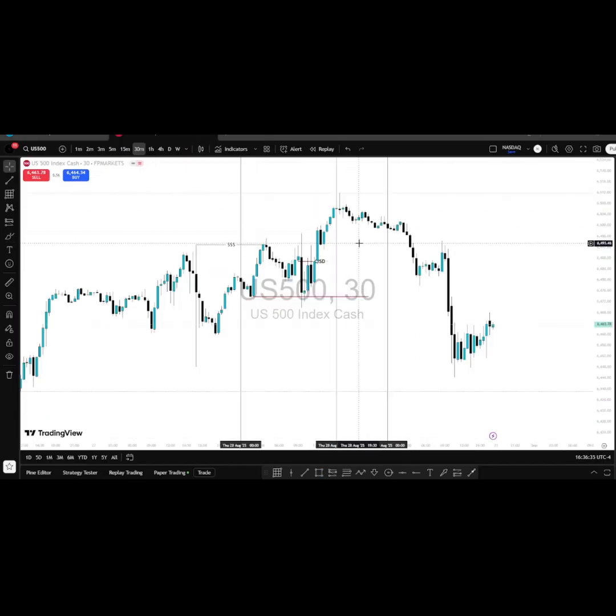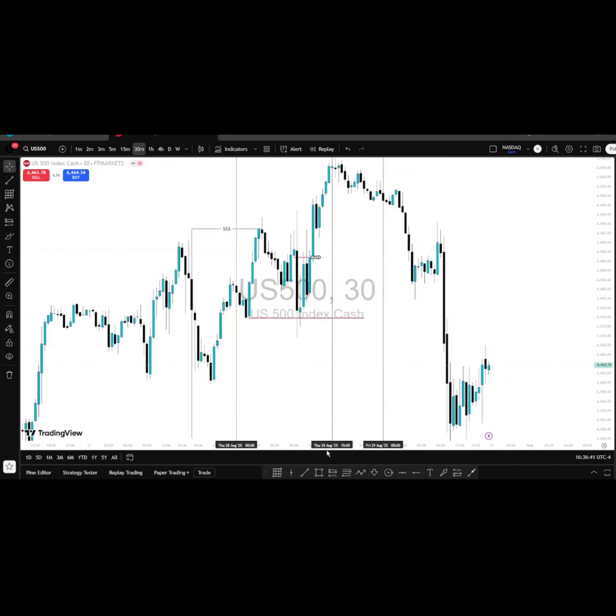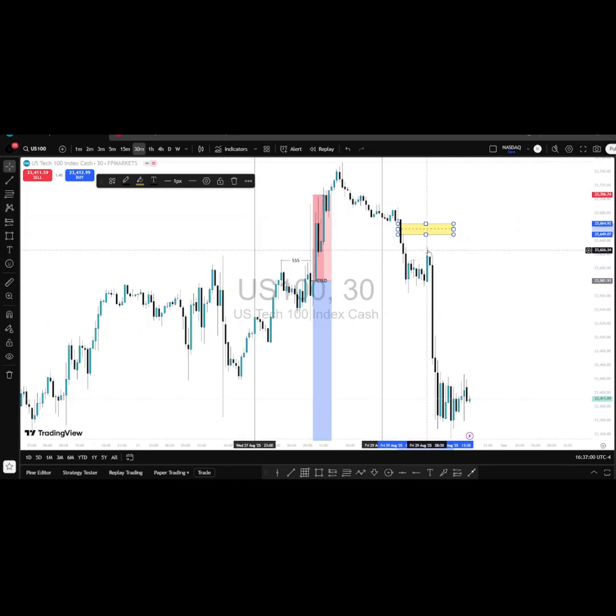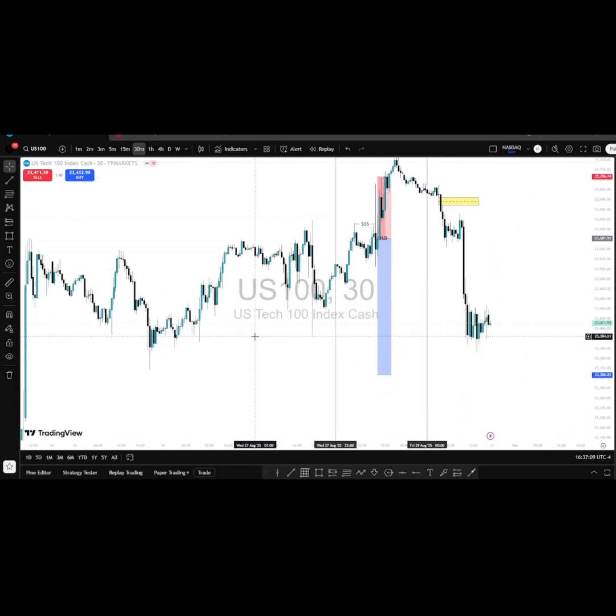Also on US 500, price might have retested that, but I highly doubt I would have caught it, because you can see that price did retest here on US 500, but it did at 8:30 and I normally trade after 9:30. So after 9:30 we never got a retracement to the upside. After the 9:30 open, price just traded lower and displaced lower. It took out the sell side liquidity that I was aiming for on that particular Thursday.